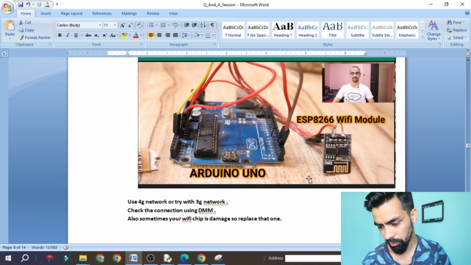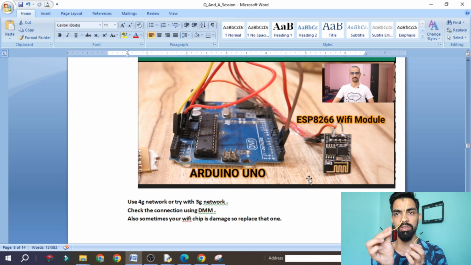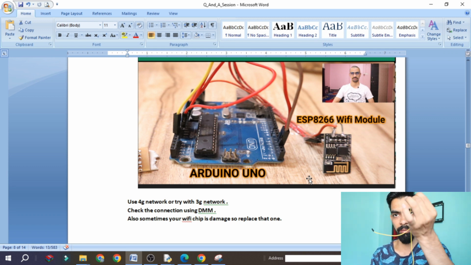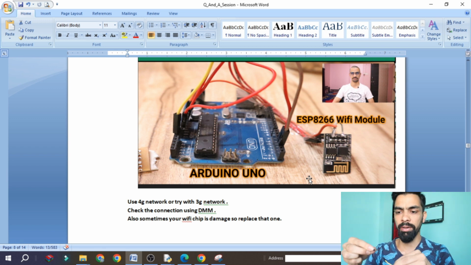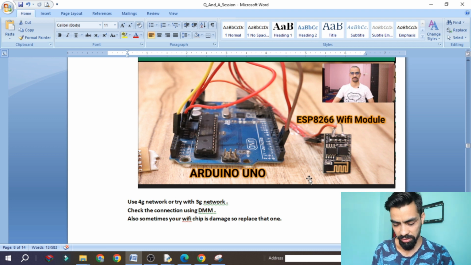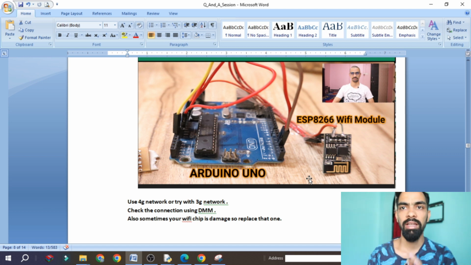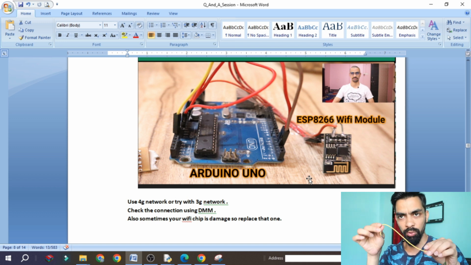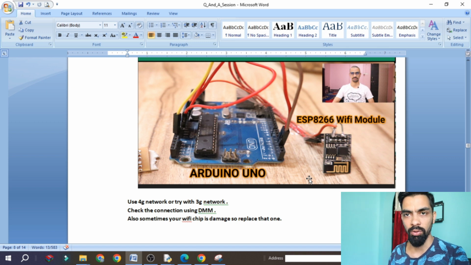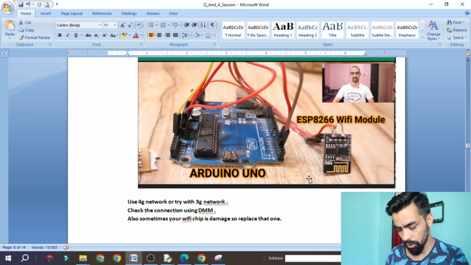How to check the connectivity of a wire: if I want to check whether this wire is working or not, first attach one pin from the DMM, there are 2 pins on the DMM, one pin attached here and one pin attached to the other end of the wire, and it should ring. You can hear the sound, it should ring, that means there is connectivity. So first check whether your wire has connectivity or not. Not only at this end, but after you join the circuit you can also check from the Arduino to your sensor. Before giving the power, not after giving the power, you should check the connectivity.